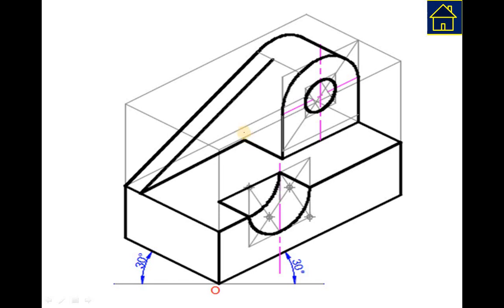This is optional in some of the solutions. Some students are not drawing this line, some are drawing this line. Anyway, it is optional. In both cases you will get the same marks, but it's a good idea to draw this line at this corner, because this portion is extruded. That means it is a kind of elongation. This surface is elongated like this from this corner, so this edge is supposed to be drawn. You should draw this line here.